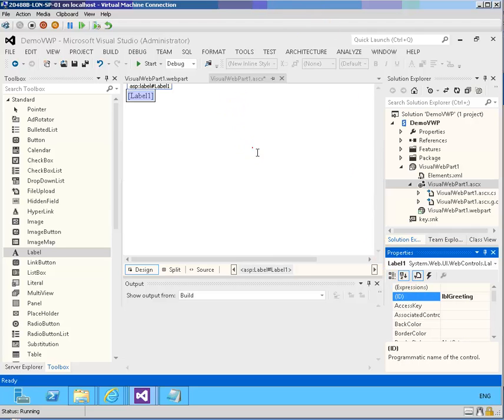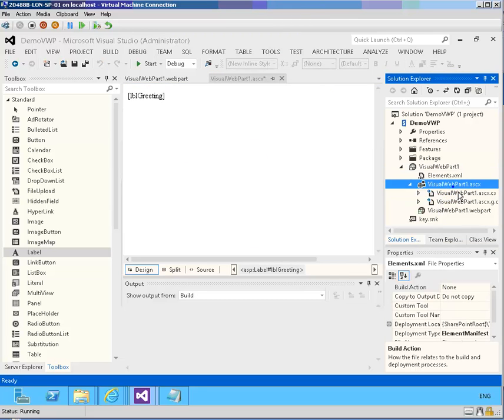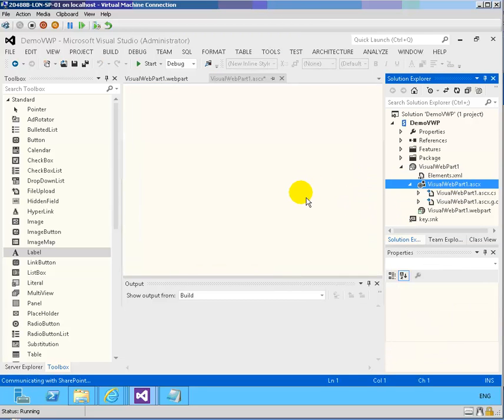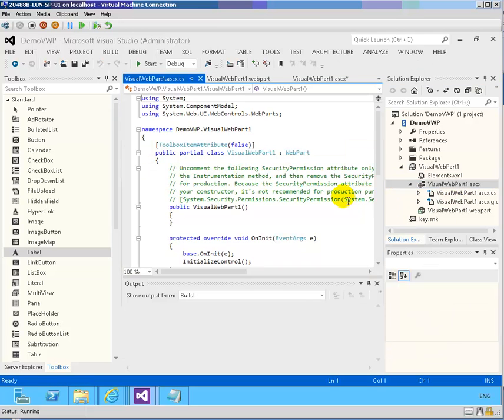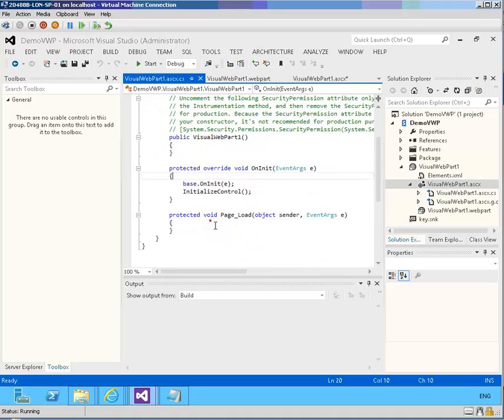Remember, this is just a markup, right? You can right click on that and go to view code. This takes you to the code behind of this visual web part. So when the page loads, we want to dynamically set the label greeting text so that it reflects our greeting. Hello world. And we also want to include